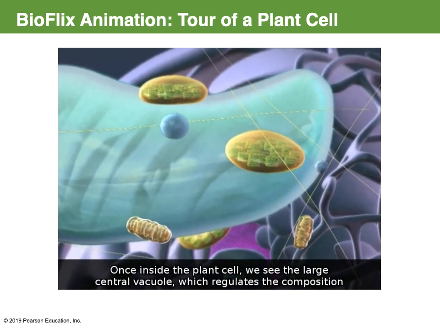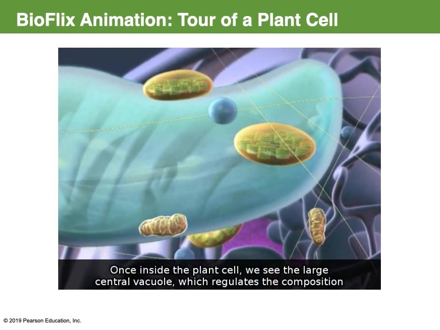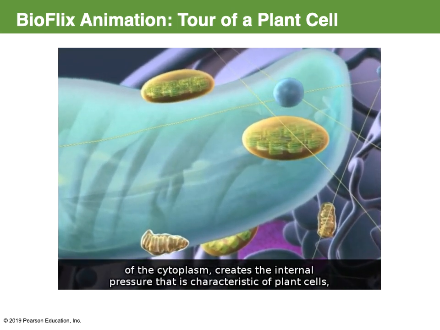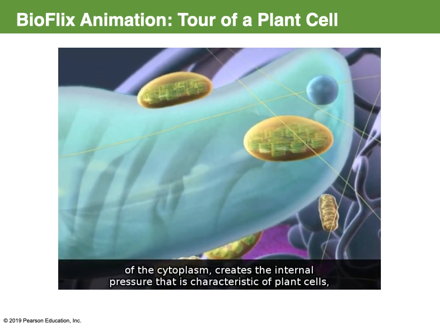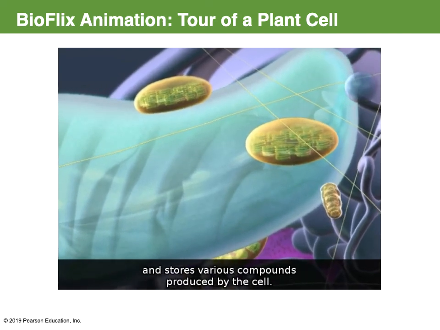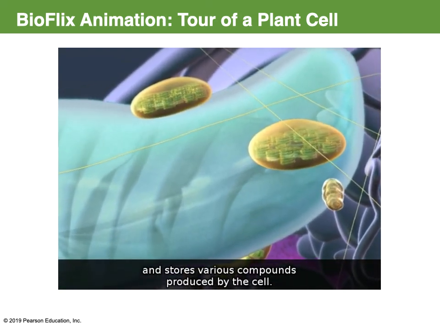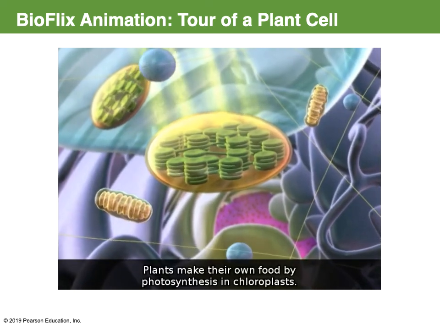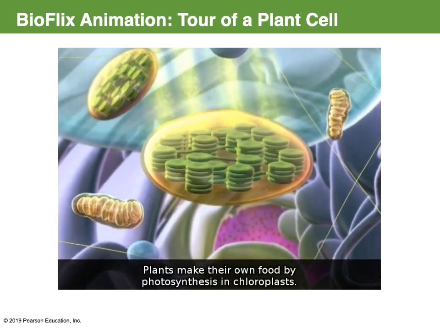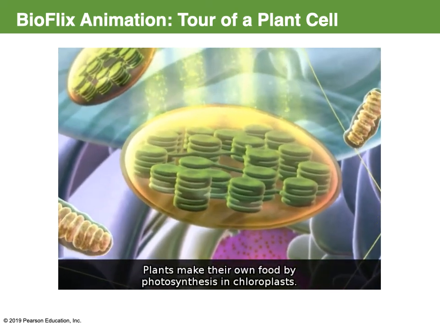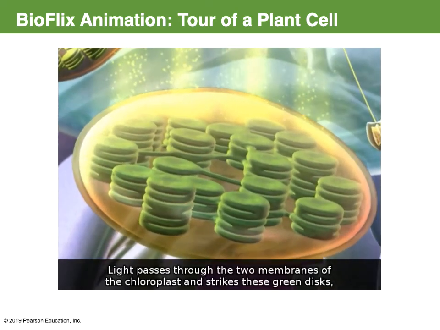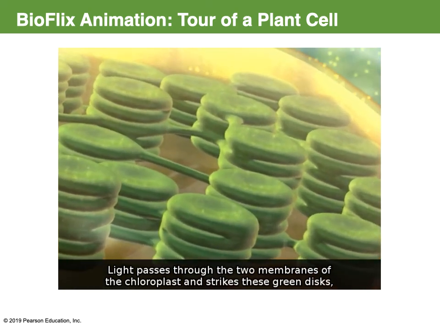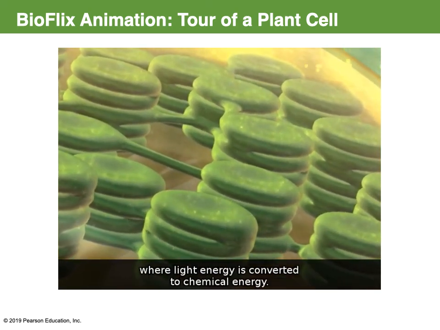Once inside the plant cell, we see the large central vacuole, which regulates the composition of the cytoplasm, creates the internal pressure that is characteristic of plant cells, and stores various compounds produced by the cell. Plants make their own food by photosynthesis in chloroplasts. Light passes through the 2 membranes of the chloroplast and strikes these green discs, where light energy is converted to